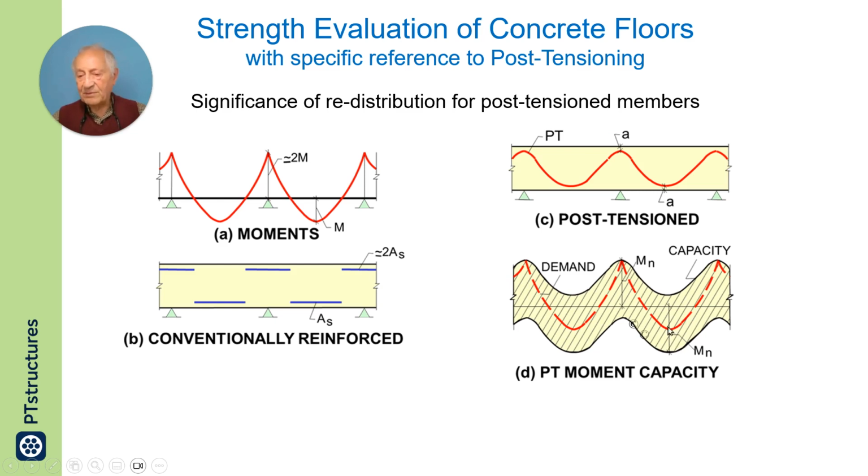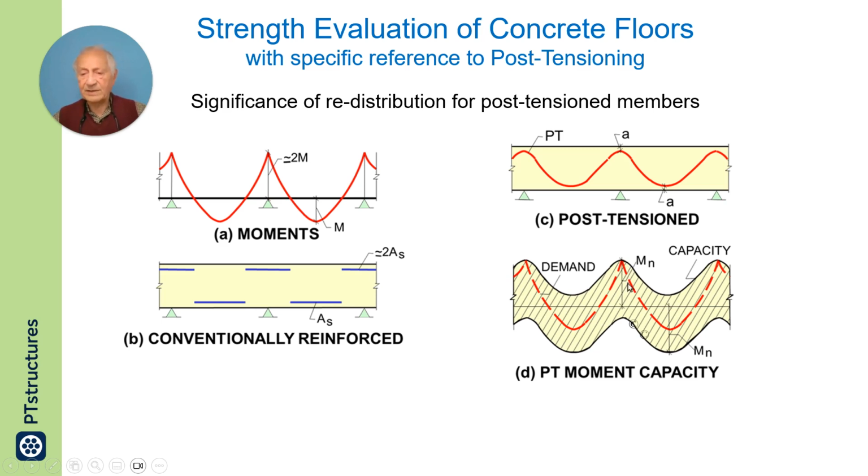So if the demand exceeds the capacity here by a certain amount, you can lower the demand to fall within the capacity, and that will meet the requirement. So the simple strip method gives this red and the black here. It doesn't typically have this option of